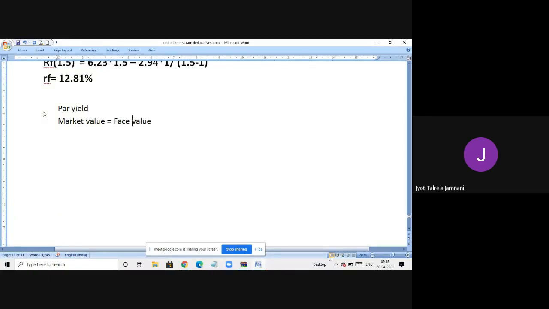Now we are doing it from bond B. We are not doing it from bond A because the interest rates are paid half yearly. So we want 6 months, 1 year, 1.5 years. 0.25 is hardly 3 months, which we cannot find the par yield for because par yield is nothing but the interest rate, and the interest rate that we will find will be paid half yearly. Okay, so I'm finding for bond B. The maturity is 0.5 years.